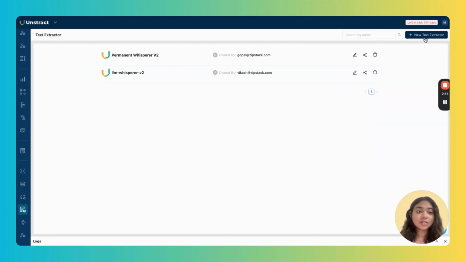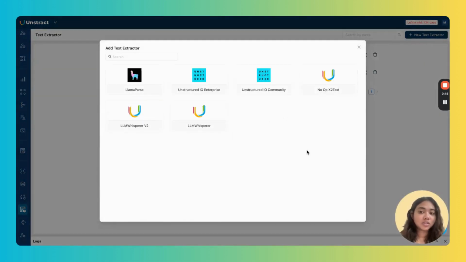Now, your text extractor is a key component in document extraction. So, what this tool does is it extracts text from documents that you upload in a format that is layout preserved and LLM ready. Now, even for advanced LLMs, sometimes they cannot handle scanned documents or complex documents. So, that is where this intermediary step comes into the picture because this tool basically extracts the raw text from your document and presents it in an LLM ready format for the LLM to work on.